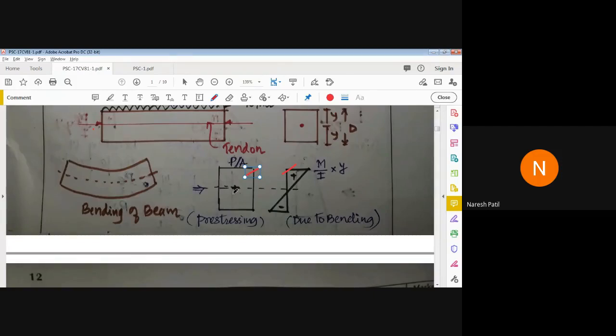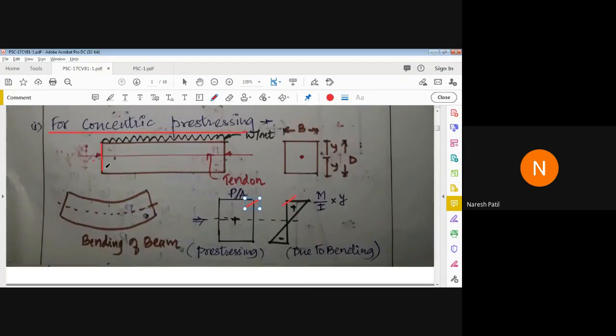Now look here, what will happen? Consider the section, this is very important. When this section is subjected to axial force P due to the tendon, first of all it will be subjected to direct stress, that is P divided by the area of cross section. Correct? Because this P is acting over the section. What is stress? Load divided by area. So that is P by A, the area of this section.